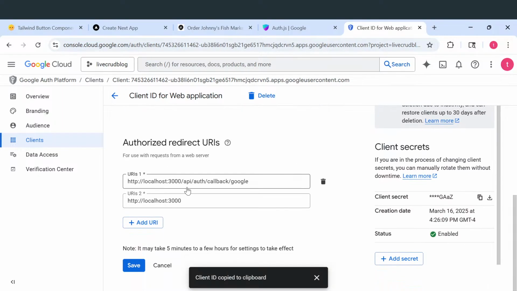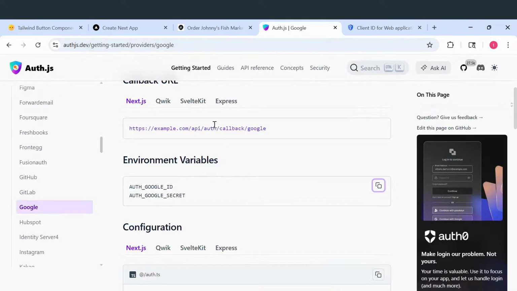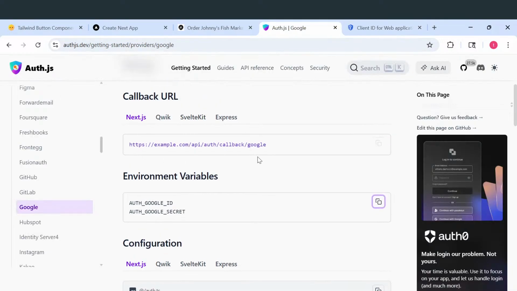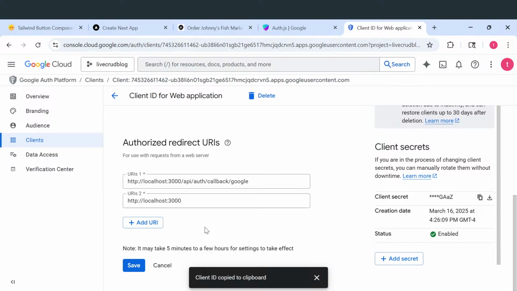And then the callback is API/auth/callback/Google. And I'm capturing that from this callback URL listed here. Notice that it has the example.com, which is your base URL. In this case, it's localhost 3000, but if it were deployed, it'll be the deployed website, and you'll just add API/auth/callback. So what I need is the secret, and I can capture that from here. So I just click copy,